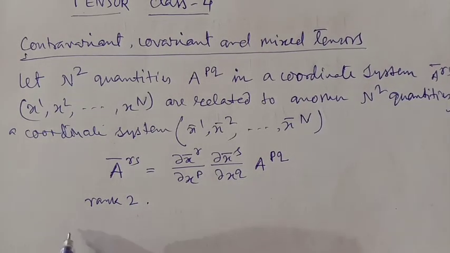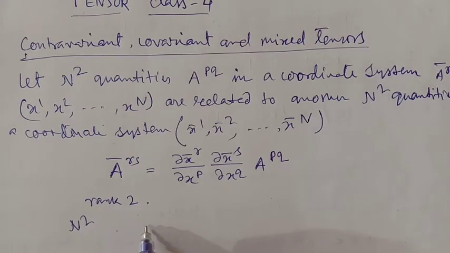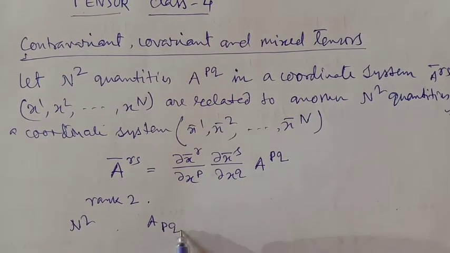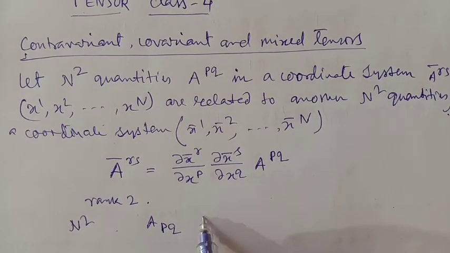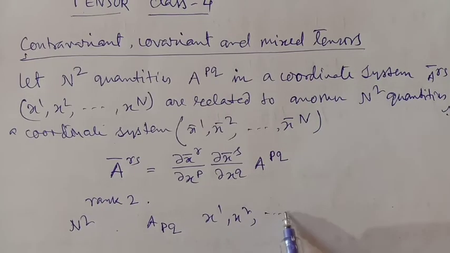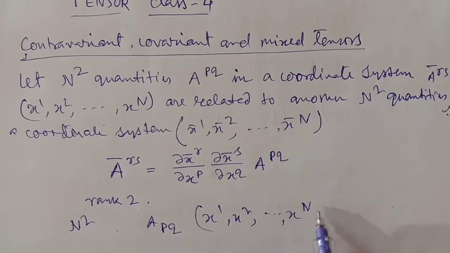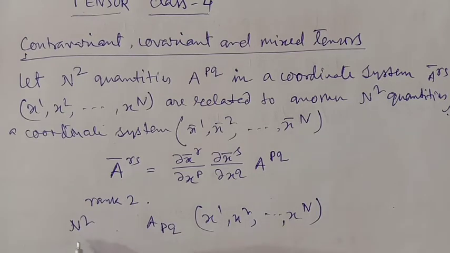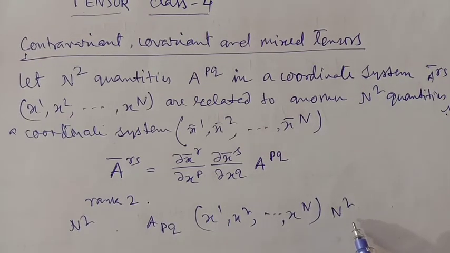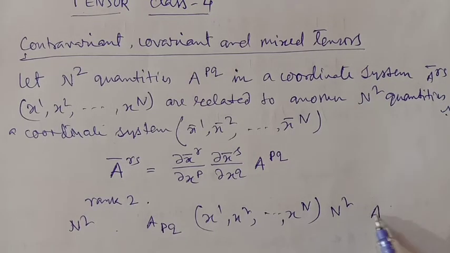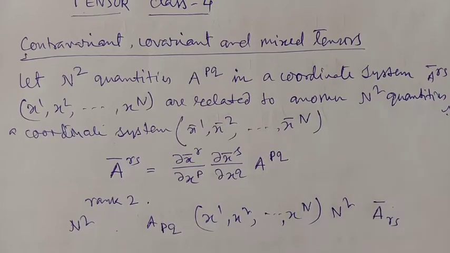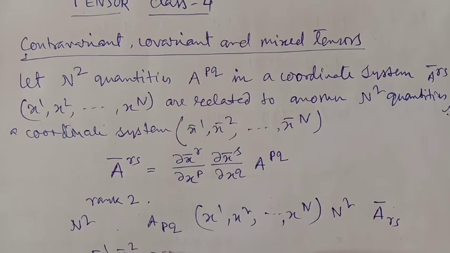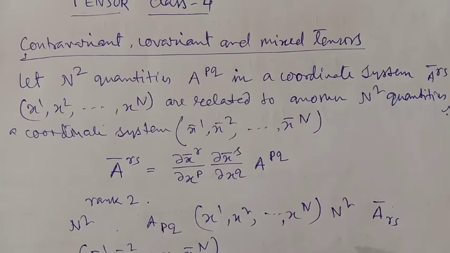Now let n square quantities A_{pq} in a coordinate system x1, x2, ..., xn be related to n square other quantities Ā_{rs} in a coordinate system x̄1, x̄2, ..., x̄n by the transformation equations